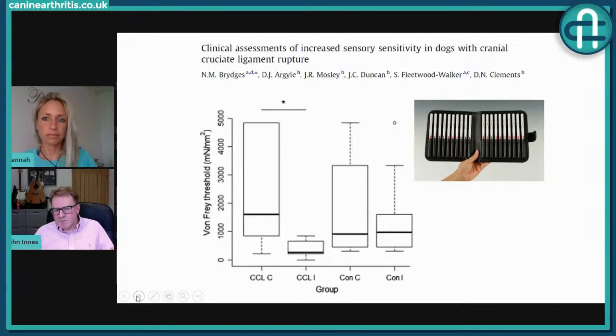And I won't bore you with the details, but there is evidence this occurs in dogs. So here's a paper from the University of Edinburgh Vet School, but they showed essentially with dogs that have a painful knee, their whole limb is sensitized. So actually they feel pain more rapidly in the rest of the limb than they would normally. So there's evidence to show that dogs are experiencing this, as well as human patients, where we know it's well evident.